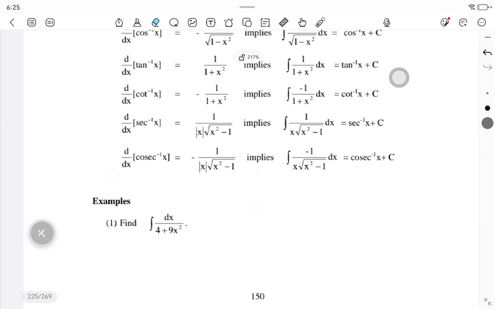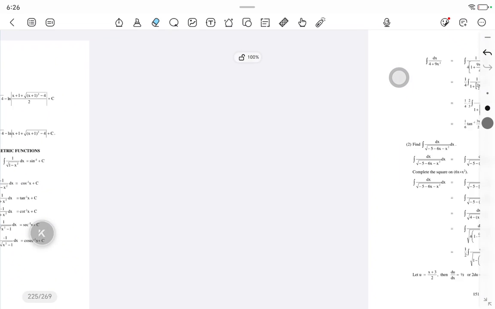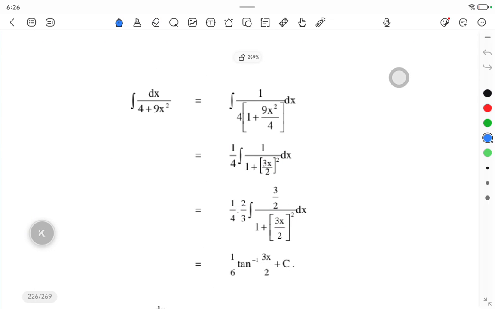The first example, they say we should find the integral of dx over 4 plus 9x squared. So first we need to change this denominator into something like this. Remember, this denominator is between these two. These are the only ones without a root. You see, right? Now, when we come to change it, remember I said that first, what we need to do here, we need to say this is the integral of dx over